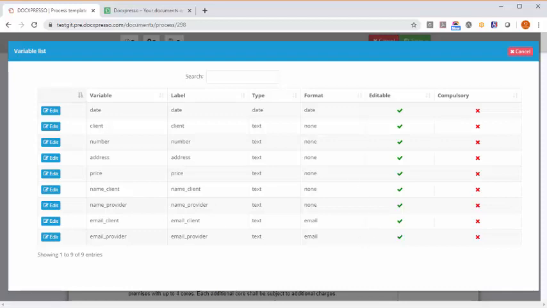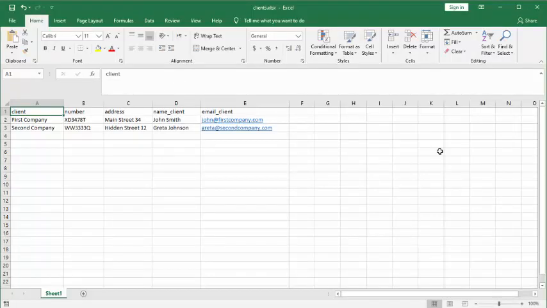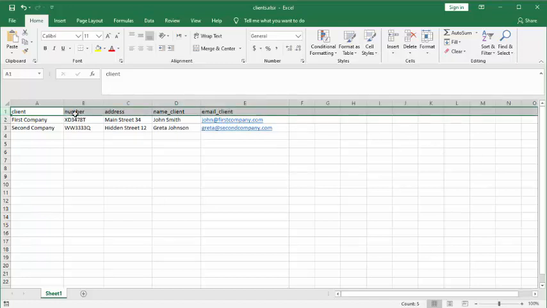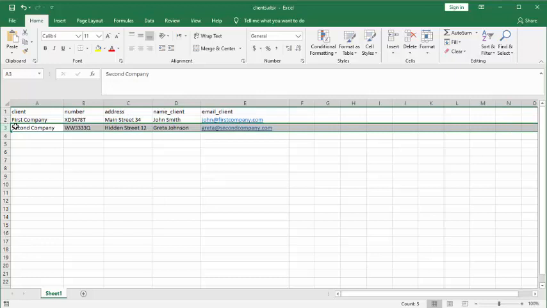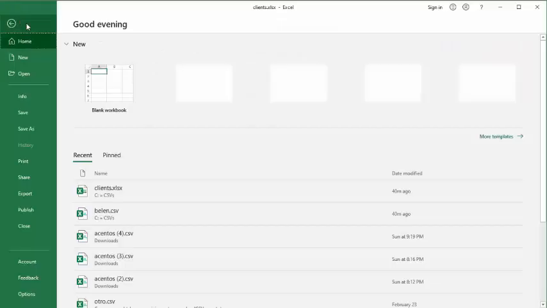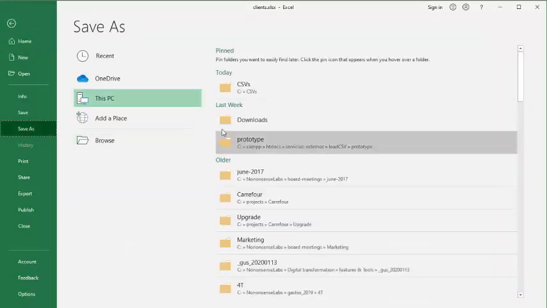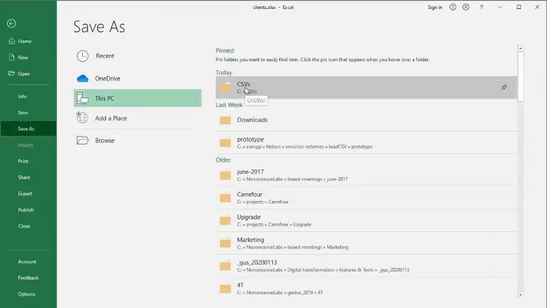Well, we first have to create an Excel file, and in the first row we should use the names of the variables that we want to be replaced. In this case they are client number, address, name client, and email client. And I have just provided some data, of course only 2 rows, but it could be many more. And what we have to do is save this in some folder in your local desktop system or wherever in the cloud,